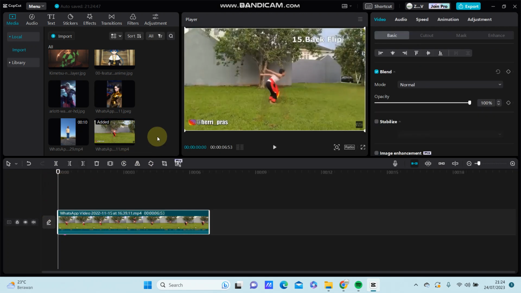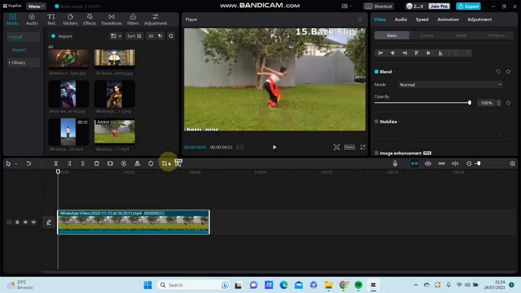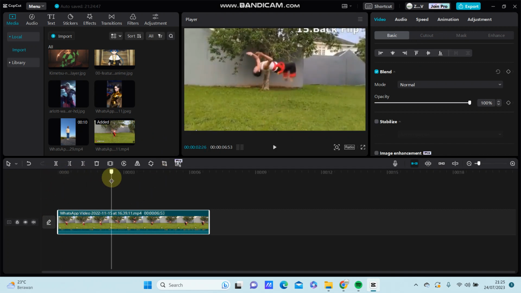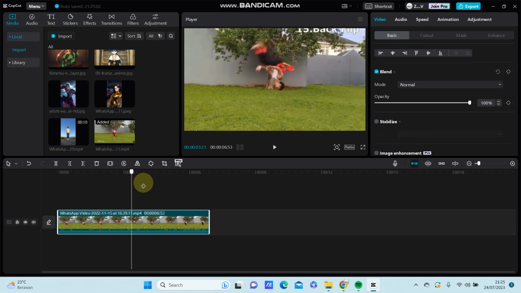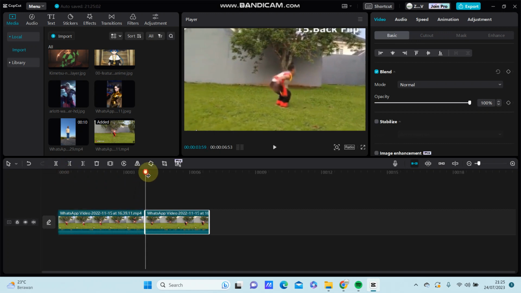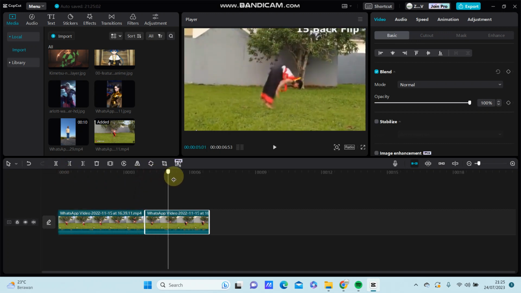And I'm going to split the clip, and alright. I'm going to select the middle clip that I want to make